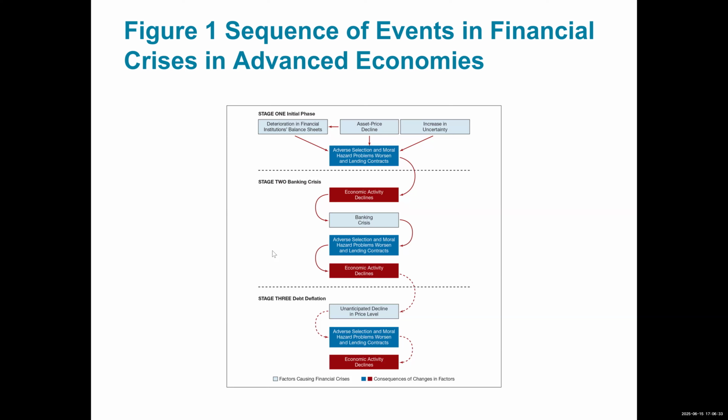So that is going to lead to the second stage, which is a banking crisis. With a banking crisis, economic activity is going to decline. And if the economy enters a recession because of that, because some banks had failed and the few banks tighten lending standards, leading to a recession, that means even more Americans are going to be laid off from their jobs. There's going to be high unemployment. That means some companies are going to shut down. Okay. So that is going to trigger even more banking crisis and more